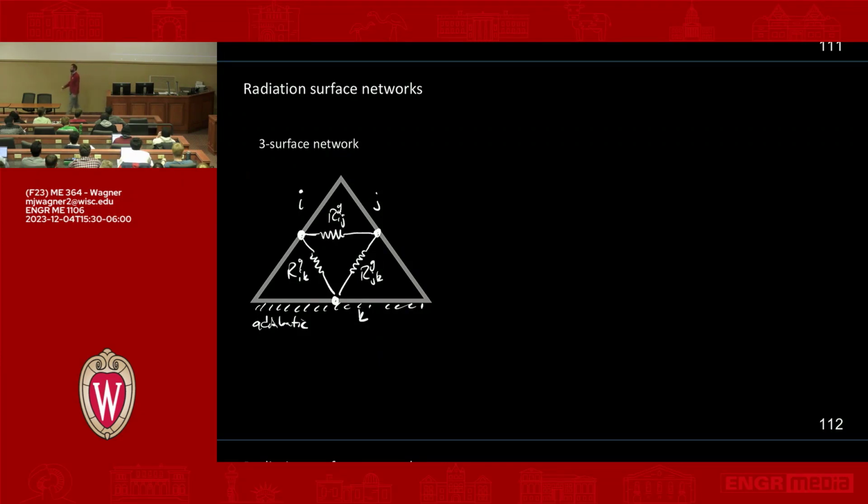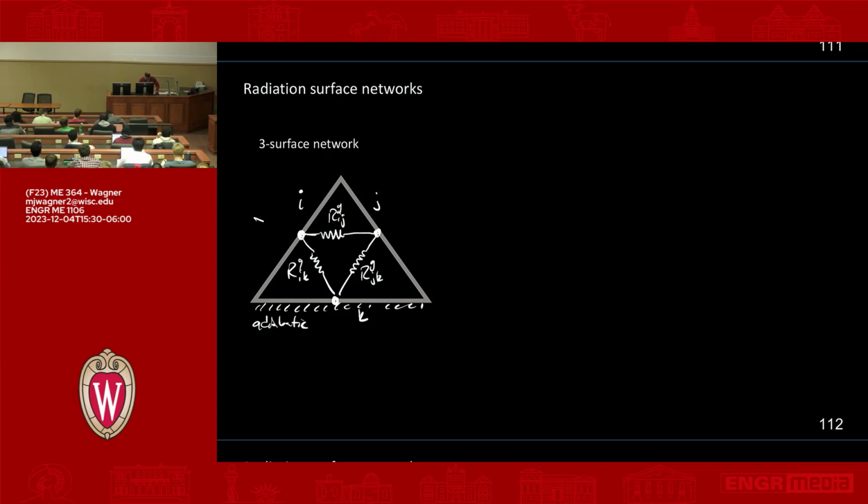No. You can still have heat flowing, but what it's saying is that the heat that's flowing to that surface has to equal the heat that's leaving that surface. All right, so the net is zero. All right, so surface K is adiabatic. Let's say, what do we know here? So let's say we know that